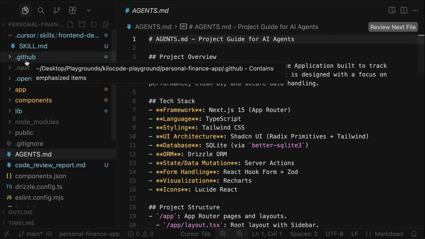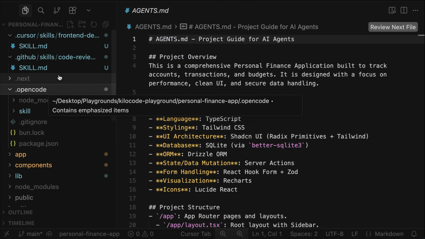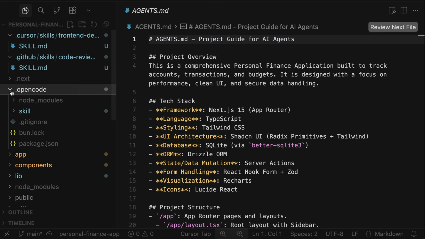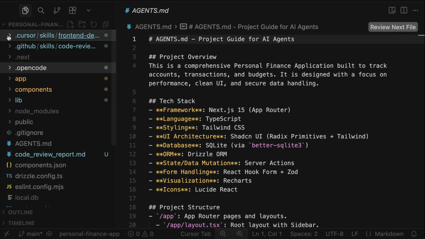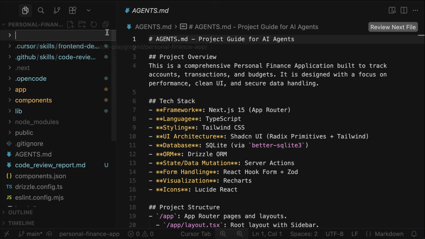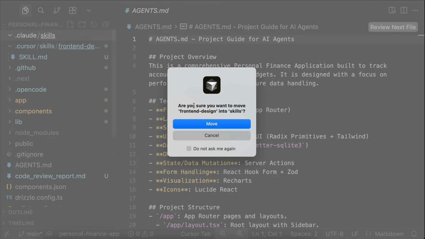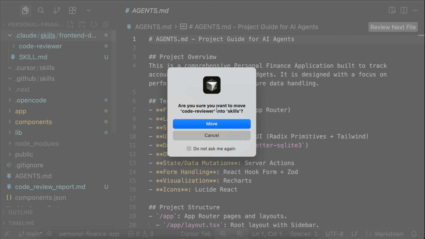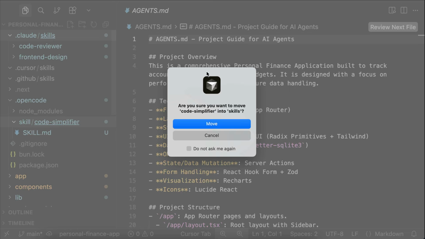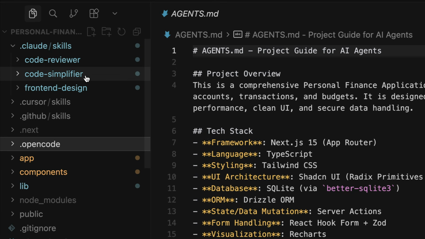your project. Currently, we have these new folders for Copilot, Cursor, and OpenCode. And we need to duplicate the skills if we want to use them in different tools, which is kind of redundant. Instead of using separate folders, you can create a .claude folder and then create the skills folder there. Next, move all skills that have been created to this folder. Now all of these skills are stored in this .claude folder, and compatible AI tools can just retrieve the skills